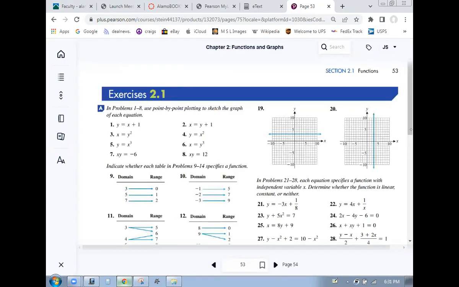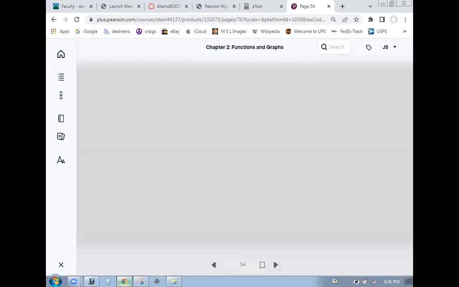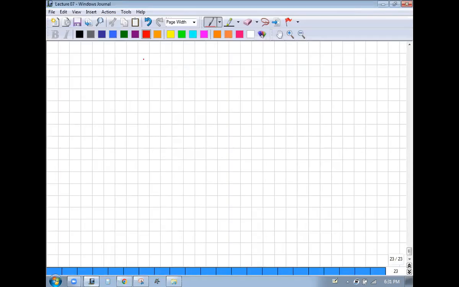All right, that's 2.1. Let's see, there was a day for the test that we're not having, and then a day for review, so that puts us 2 days ahead. So instead of doing another section today, we'll do the other section next time. And that'll still put us an extra day ahead of where we need to be. Because I want to have like 2 or 3 lectures at the end of the semester just to do a review over everything for the final. All right. So we're going to do that. We'll call it an early day today. So let's do